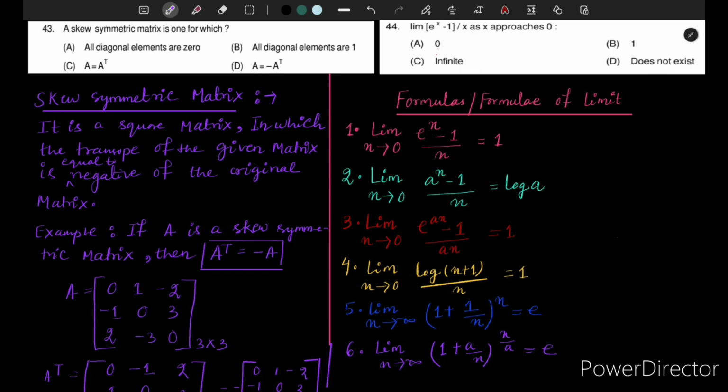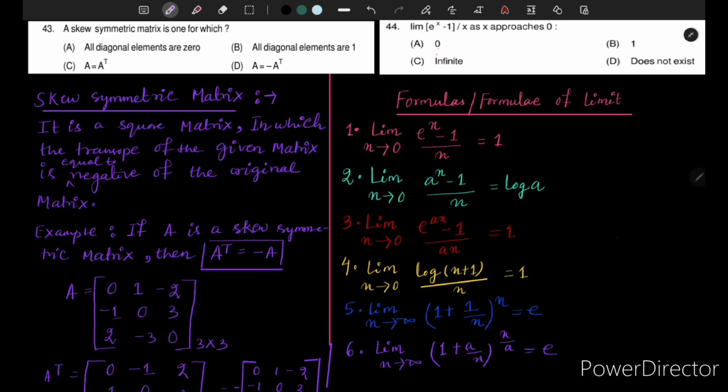Hello dear students, today we will discuss two questions, one on the matrix and another on limit. So first we will solve the question on the matrix, and the question is, a skew symmetric matrix is one